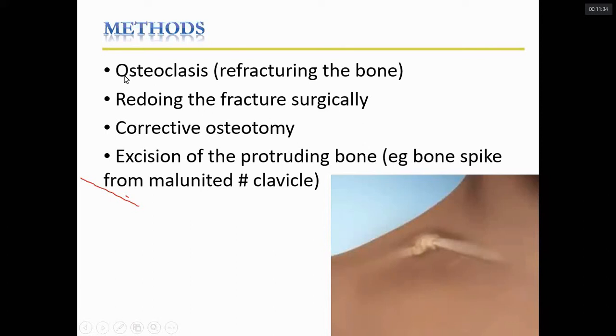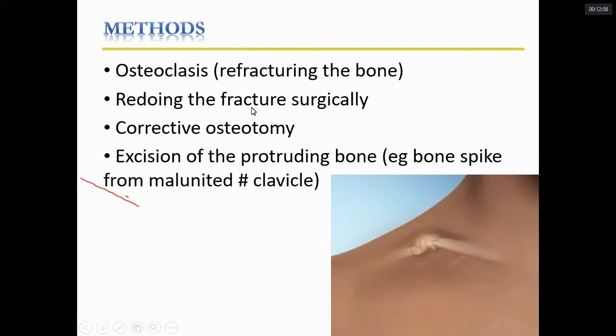Osteoclasis means the bone is being broken down or refractured. This especially holds true in case of children, in which the fracture is managed conservatively. For example, a radius and ulna fracture, you have managed by closed reduction. The child comes to you at 3 weeks. You see that the fracture is going into malalignment. So what would osteoclasis mean? You break the fracture by closed means. You do closed reduction, you try to break the fracture, and you again realign and put it in plaster. So that is an example of osteoclasis. So this is a closed method.